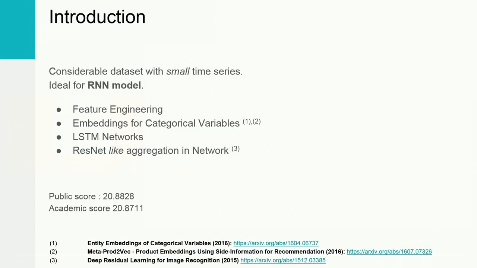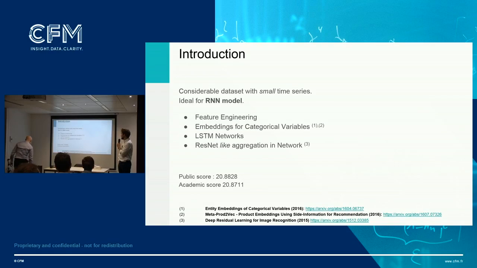So I will try to do it a bit quicker because at the end we had... I've done basically the same as for the feature engineering. I've done almost the same as the two other participants. So I've tried to work on a recurrent neural network because I thought that it was a small time series, so it was quite ideal to use LSTMs. And because the dataset given from CFM was quite huge, you can train neural networks with it. And also because there were a lot of categorical variables, so the stocks and the dates and stuff like that,